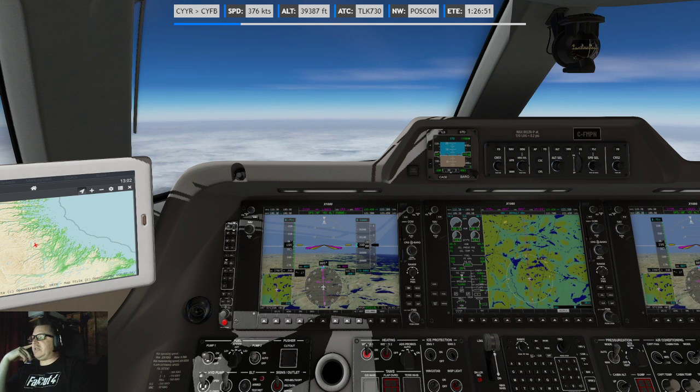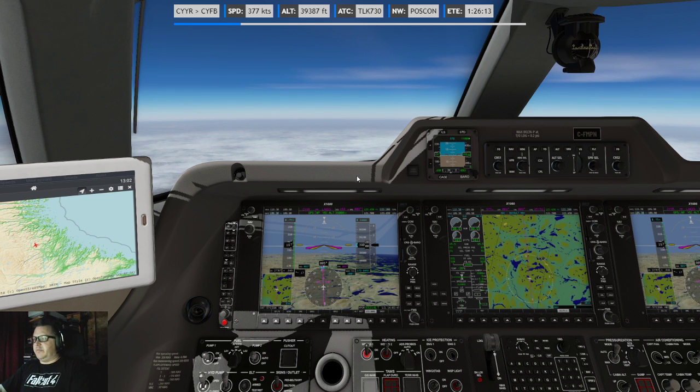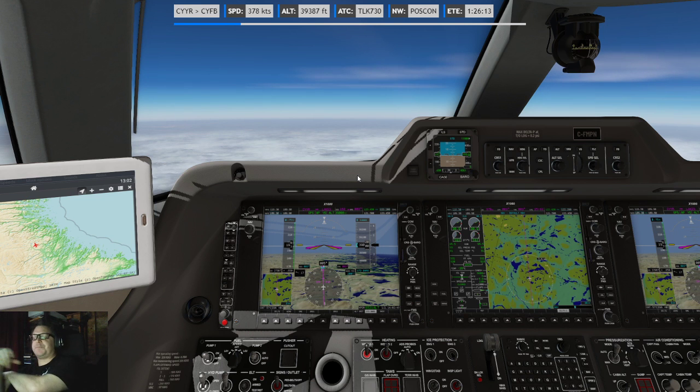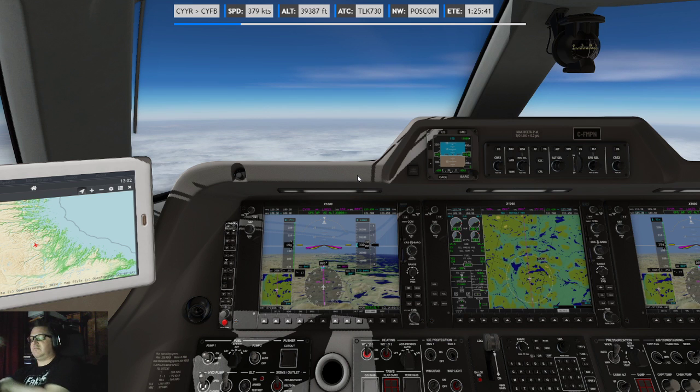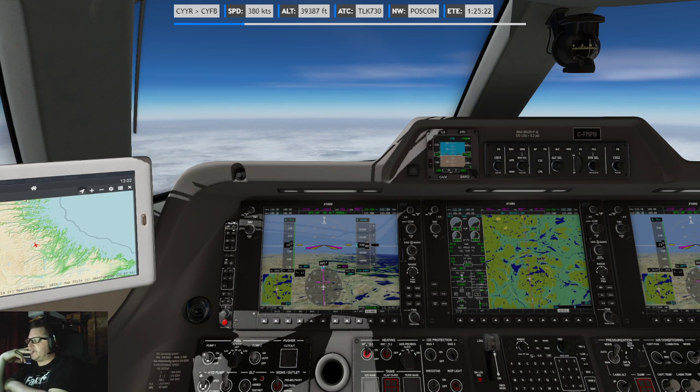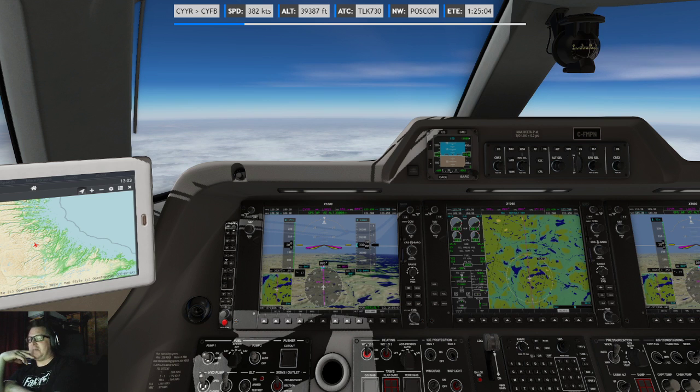Yeah, ground speed kind of sucks over here. I don't know why. The wind is not too crazy, but I've noticed this is the second time. I did this flight last Friday just because I wanted to get a feel for it after flying the big thing, which I'll be flying the next few streams. The big thing being the Flight Factor 767.